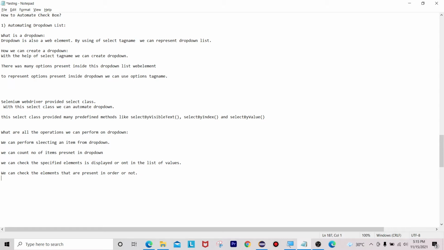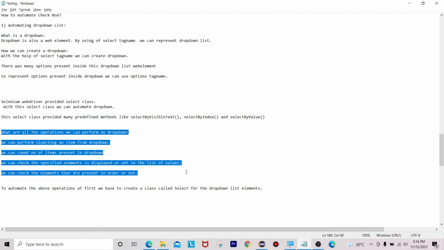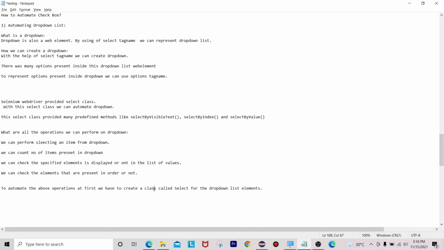At first we have to create a class called select class for the drop down list web elements. Then we can automate our drop down list web element.